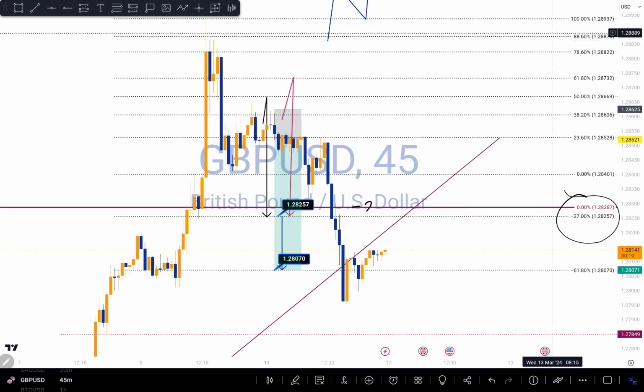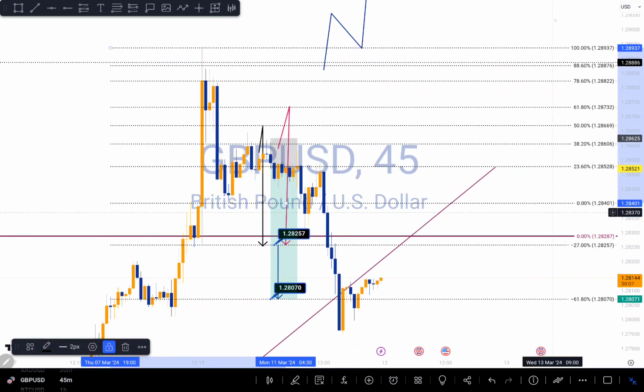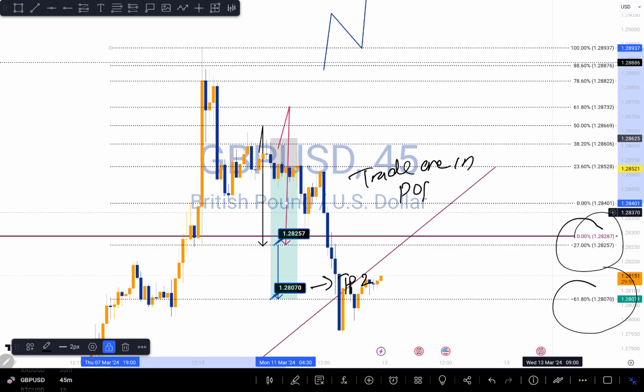My first TP was my negative 27% fib level, and that's what I used to say, just take off your trade around that area because it's safer. But to ride my trade to my negative 61.8% fib level, I have to continue to see momentum of sell around my first TP. Then that will determine if I'm going to ride to my second TP. But before you ride to your second TP, make sure your trade is in profit. You know that anything can happen, right? So it would be wise for you to put your trade in profit when it hits your first TP. Then if you still want to hold it and let it hit your second TP, at least if anything goes against you,